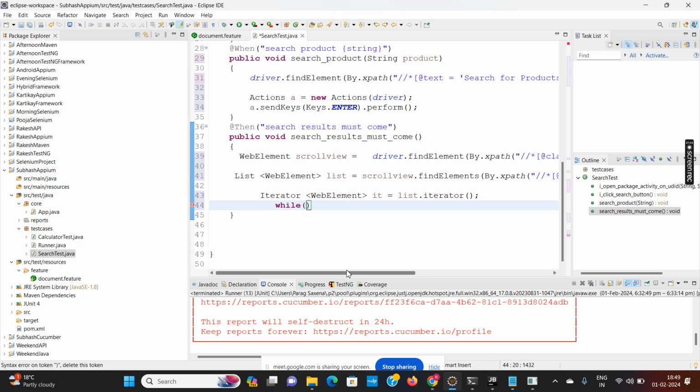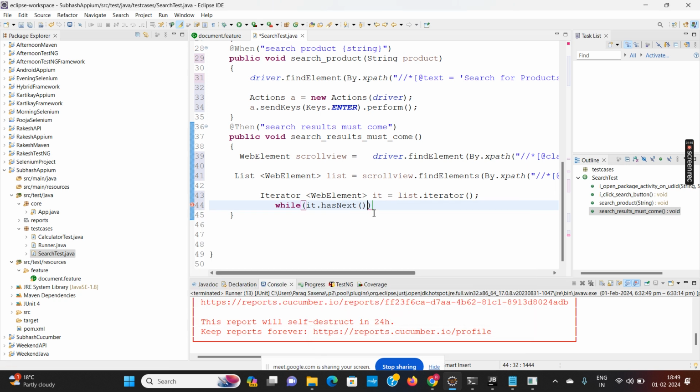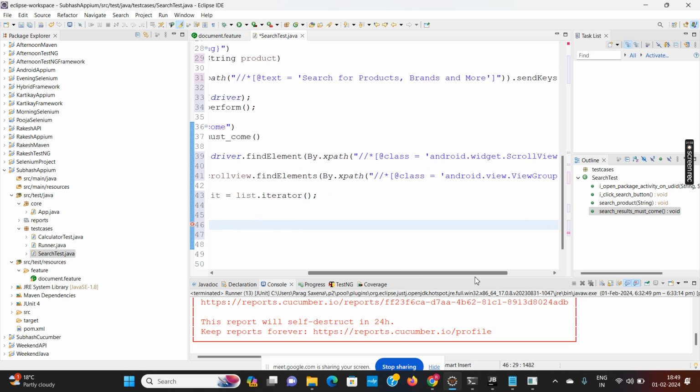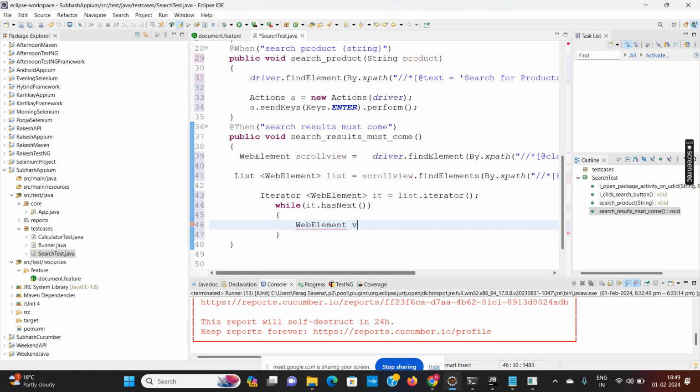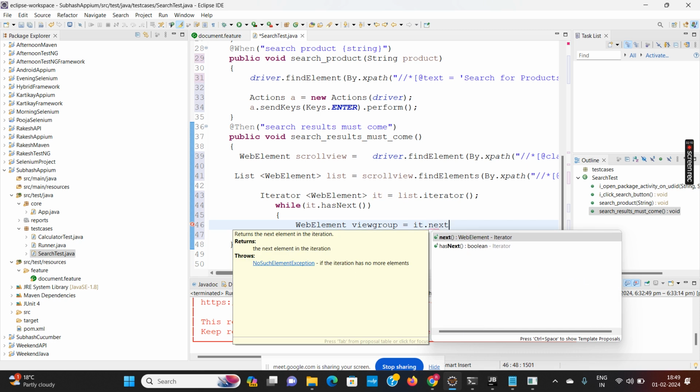Iterator, and then while it dot has next, I will get the web element by the name of, say, you can give the name as view group is equals to it dot next.